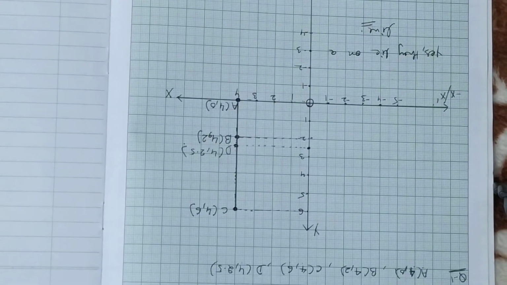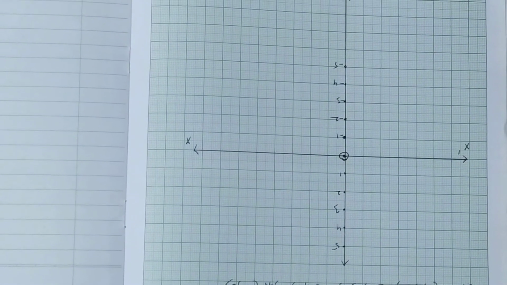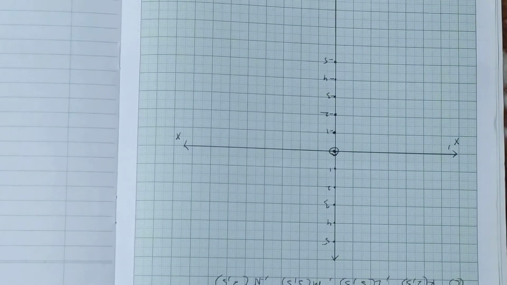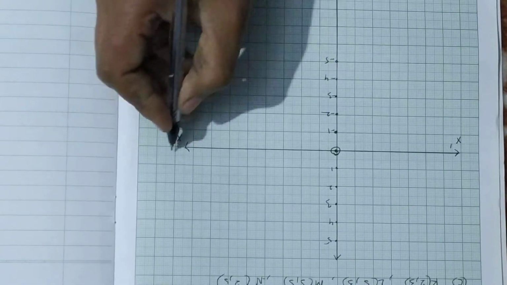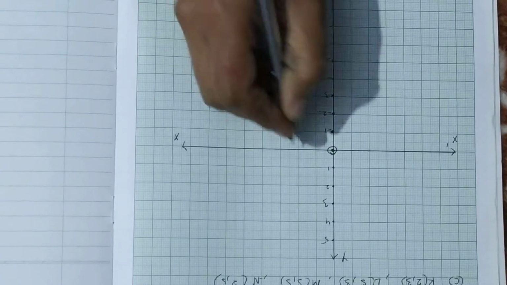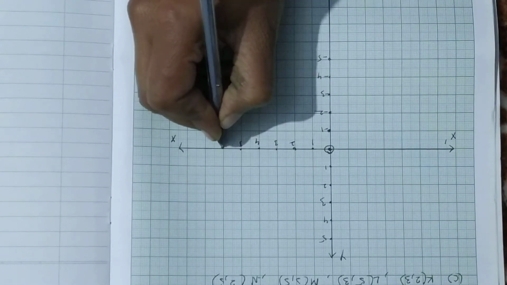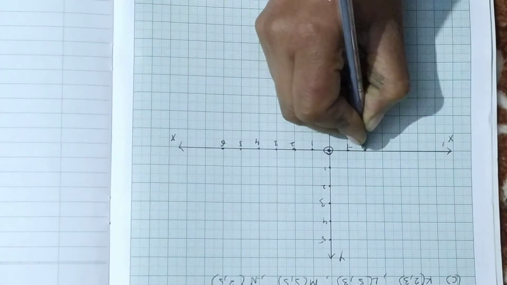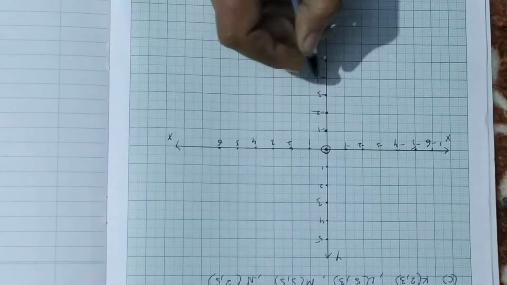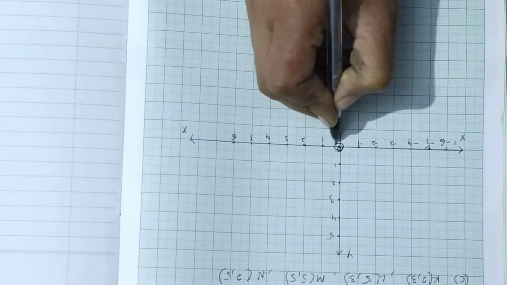Now one more part we are doing, part C. In part C, these 4 points are given: K, L, M, N. Plot these 4 points on a graph sheet and again verify whether they lie on a line or not. So we are taking positive x-axis, negative x-axis, positive y and negative y. Right of 0, positive values of x. Left of 0, negative values. Above 0, positive, and below 0, negative. And this point of intersection is origin O.